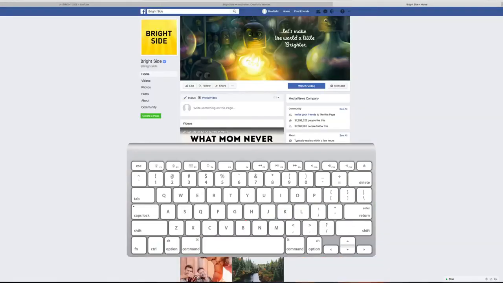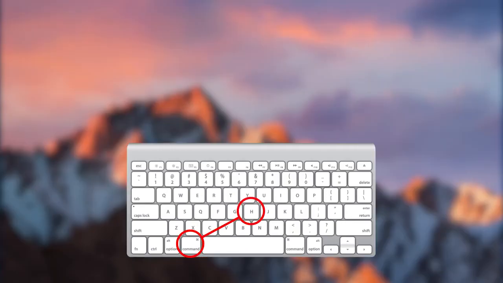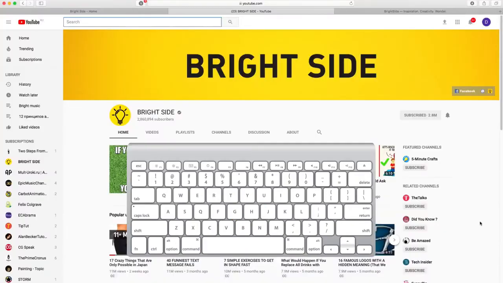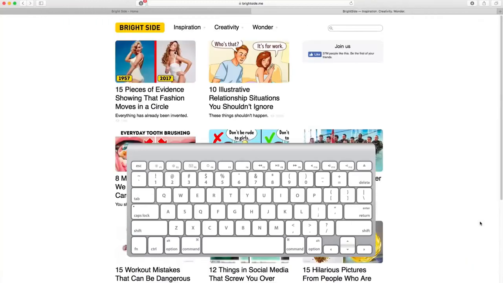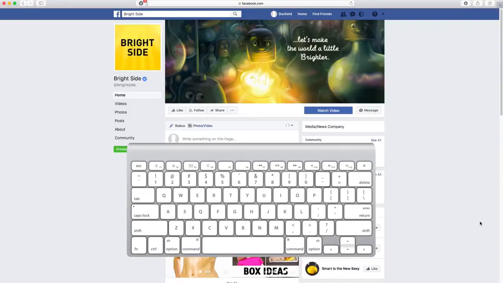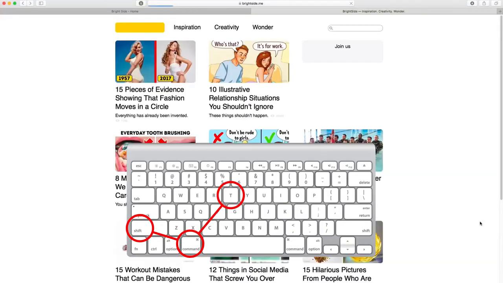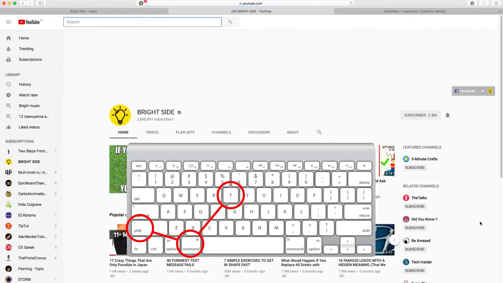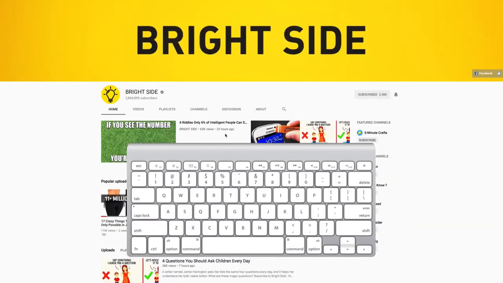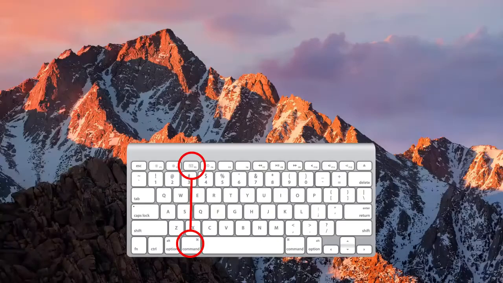Combination number 6. Do you want to hide all open windows from the currently active app quickly? Just press Command key followed by H for hide. Combination number 7 is a lifesaver if you accidentally close a window and can't remember the URL. Press keys Command, Shift, and T together, and it will instantly open up the most recently closed tab in your browser. Combination number 8. Combination of Command and F3 keys will remove all app windows from view and let you